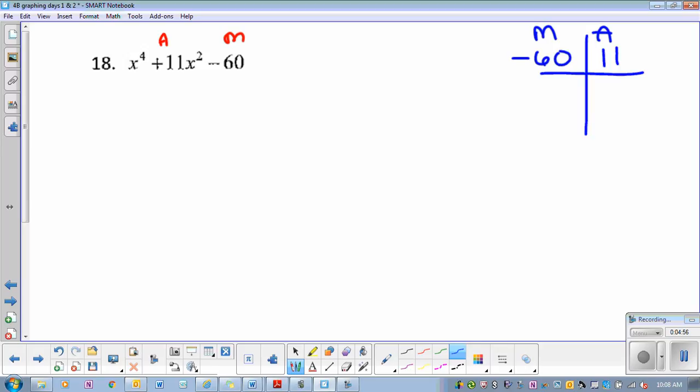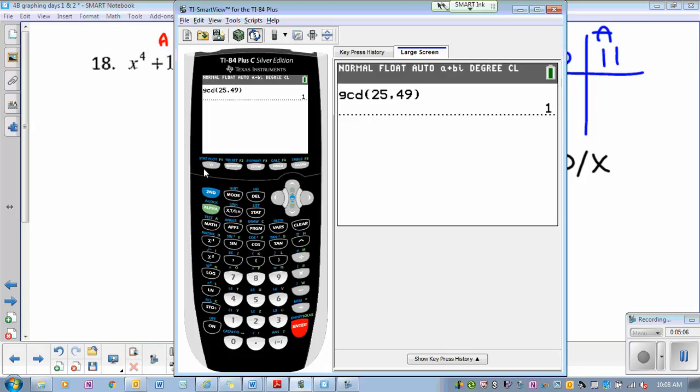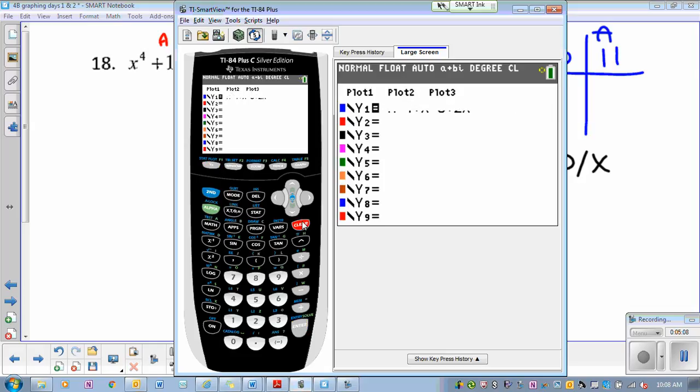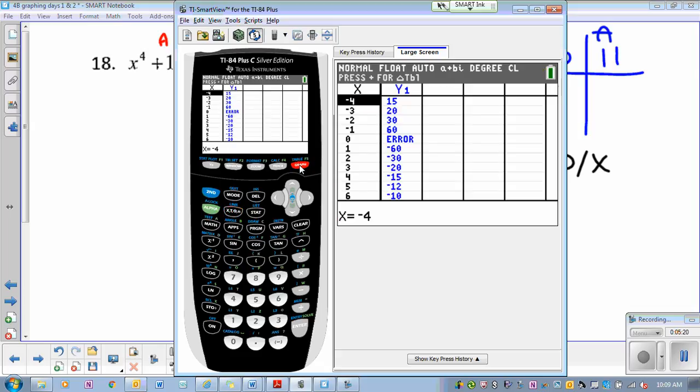All right, remember there's that trick in the calculator. You go to y equals and you put in your M number divided by x. So let me show you. Negative 60 divided by x. Right? You remembering this? Second graph. And then if I look,